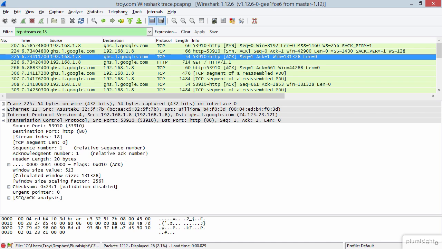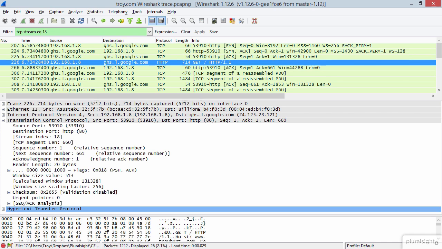What that means once that's completed is that my host can then send the GET request. So that's this one here. And when it sends that GET request, it's sending a TCP segment length of 660 bytes. So this is the actual contents of the request, which is what you saw in that request header just before. Now it's sending the sequence number of 1. So that was the sequence number from the earlier ACK response. And you can see here that the next sequence number will be 661, which is the sequence number plus the actual size of the packet. And of course, it's sending back the acknowledgement number of 1, which is what Google had sent me back in